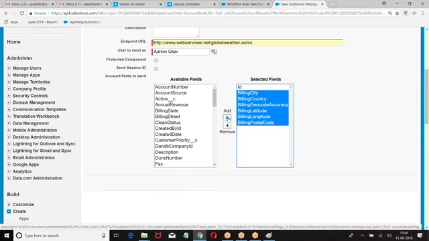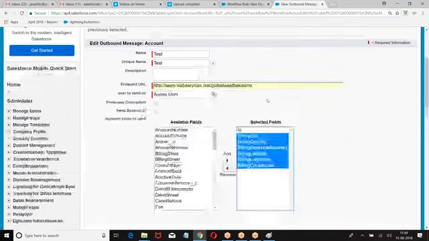The system to which you want to send the data will give one URL. Copy that URL and paste it here, and choose which fields of the record you want to send. Automatically, when the workflow rule is met, this record will be sent to that system, which is called outbound message. I hope you are clear with this. So the third party people will give you a URL, copy that URL here, choose the list of fields which you want to send. Automatically, when the rule is met, this record will be sent to the third party. So this is called outbound message.